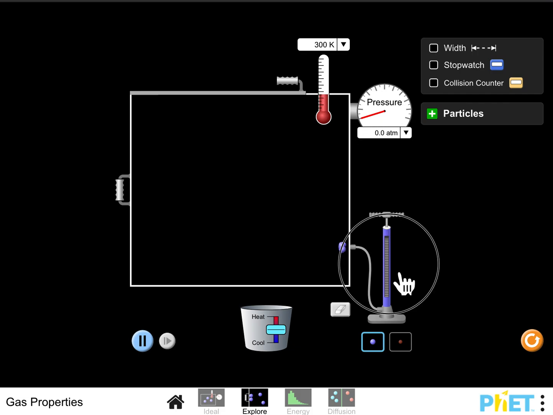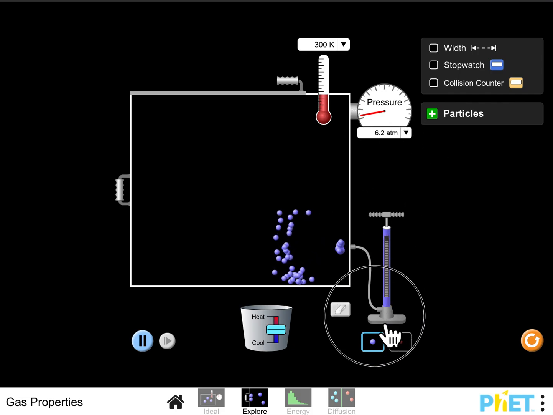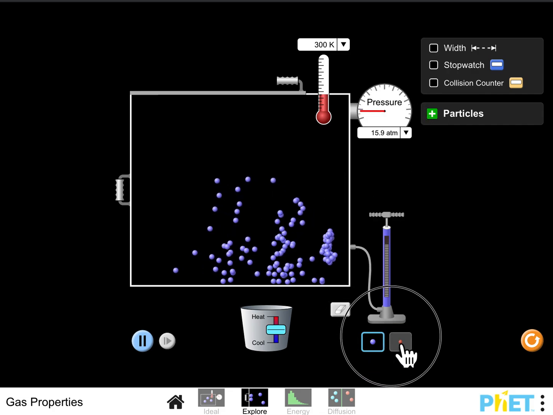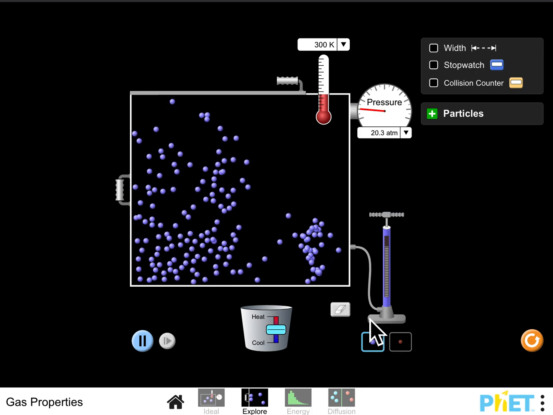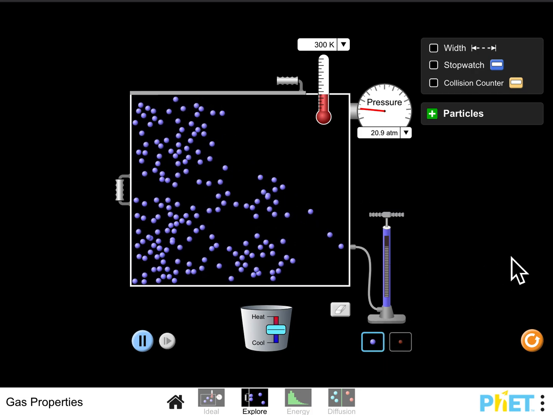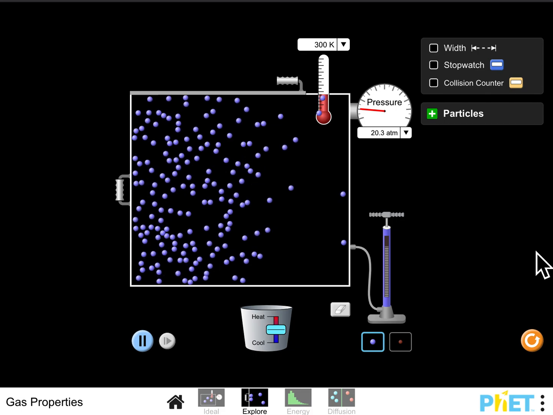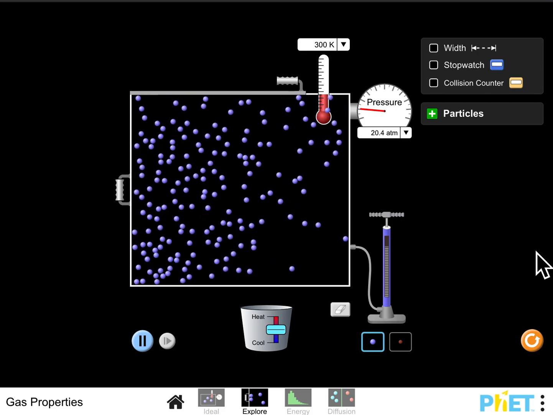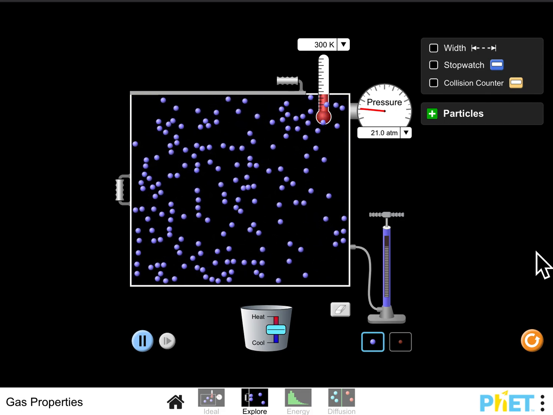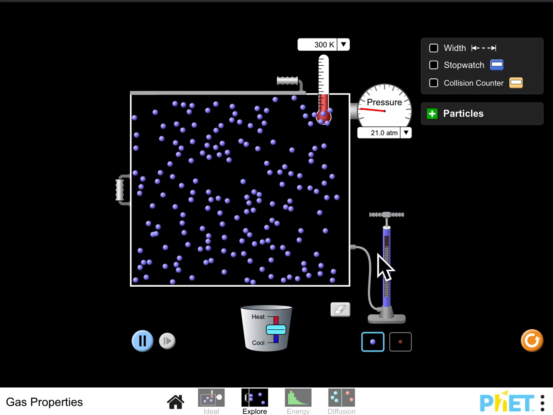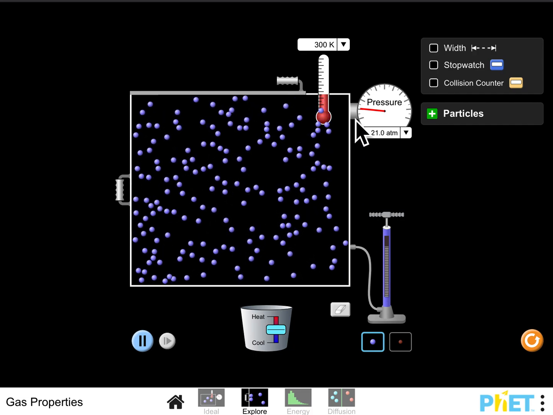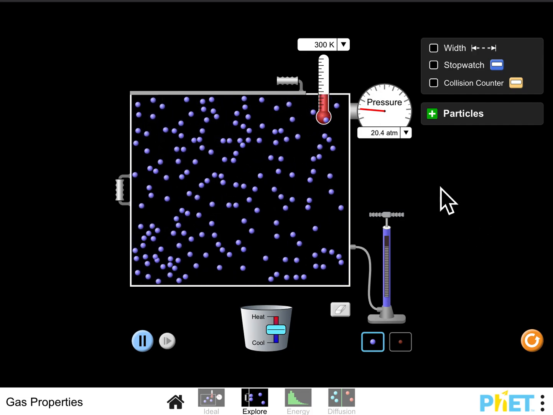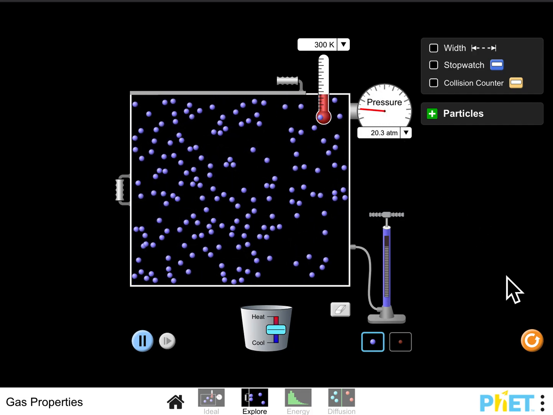So I'm going to push on the pump, and every time I do, I'm going to put some molecules of air into this box. I can see these molecules bounce around and, in a second or two, fill up the entire area. They're knocking off each other, and they're knocking off the wall. I can also see on this pressure gauge that it's telling me there's 20 atmospheres of pressure